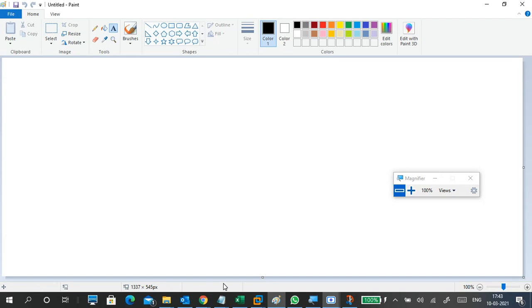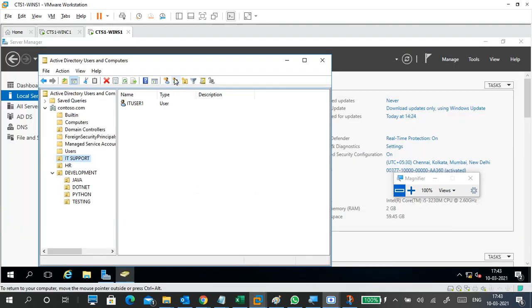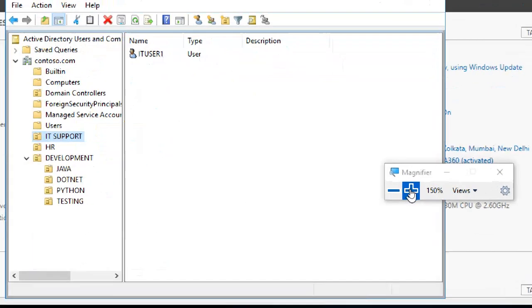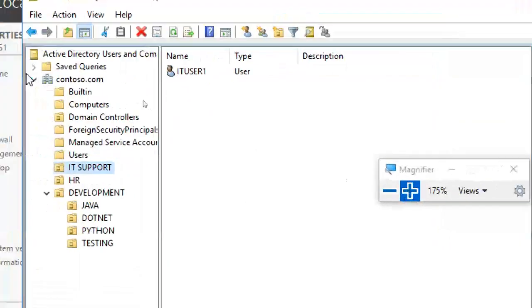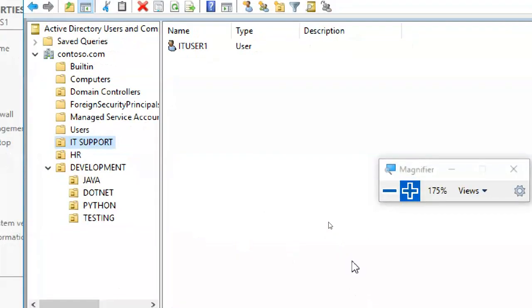Okay, this is an organizational unit. Where is this? For the snipping tool, is any shortcut there?